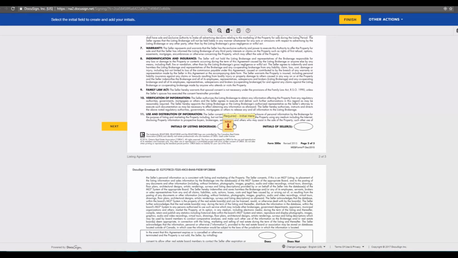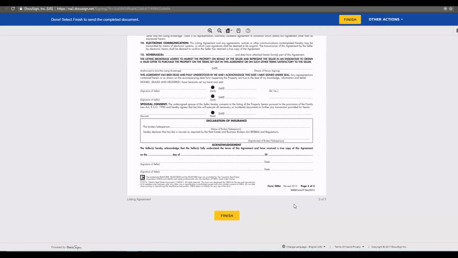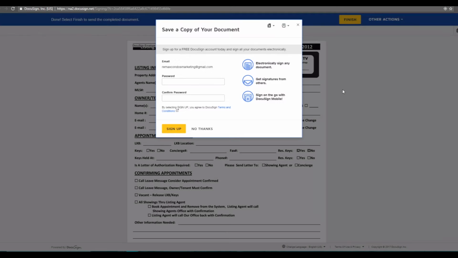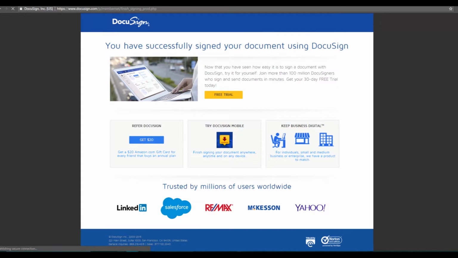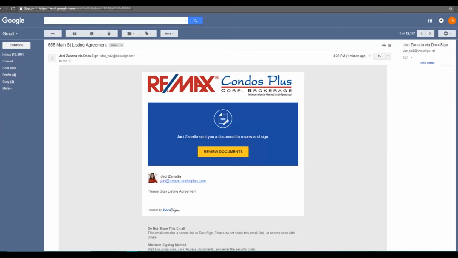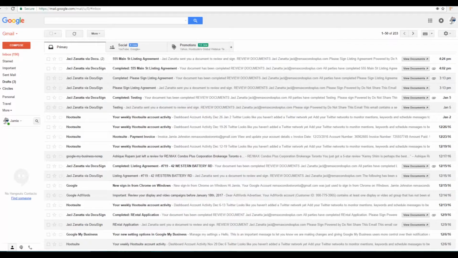So I'm going to do adopt and sign, and there's my signature. Now if I had more, I'd be able to just click, but I only have one. So we're just going to press finish, and just press no thanks. Now as soon as we're done, that email is going to be sent to our client. So if I go to our client's email now,